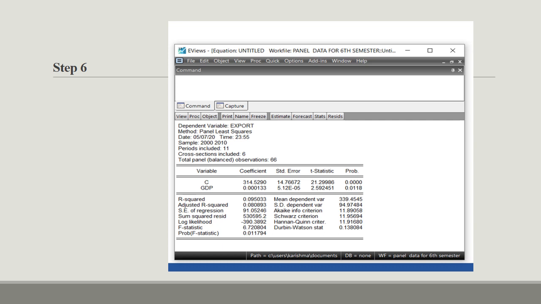Then you go to the level of significance and t values of the coefficient. Here export is a function of GDP. So the coefficient of GDP is showing 0.00133 and the probability is showing 0.01, t value 2.59. From the probability value you can conclude it is significant at 5% level. This is all about the results of the ordinary least squares pooled method.